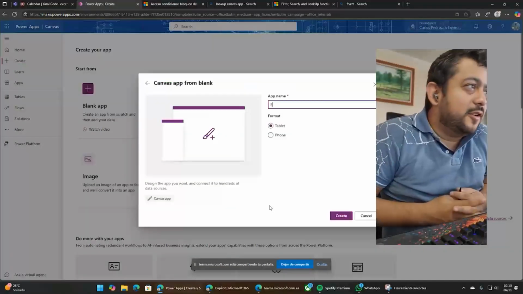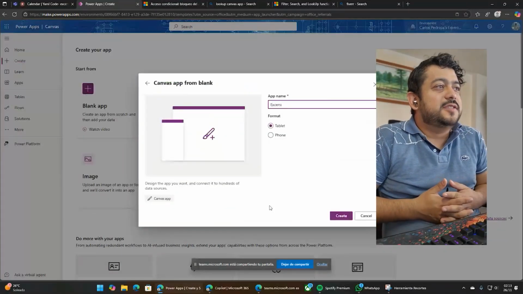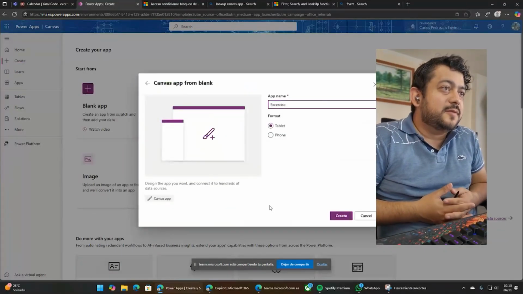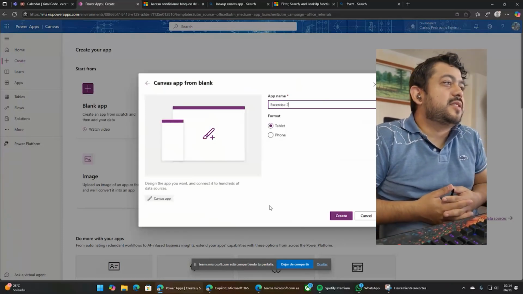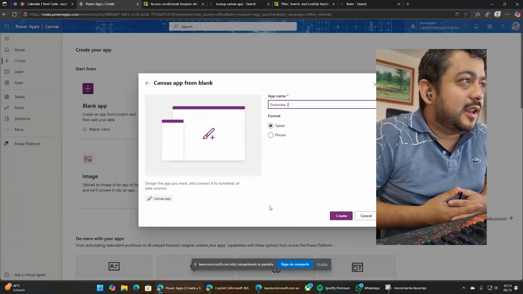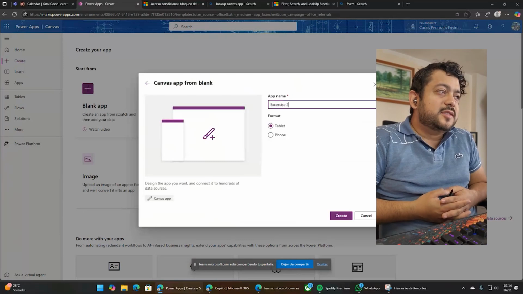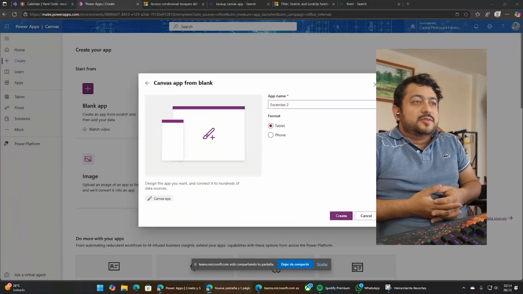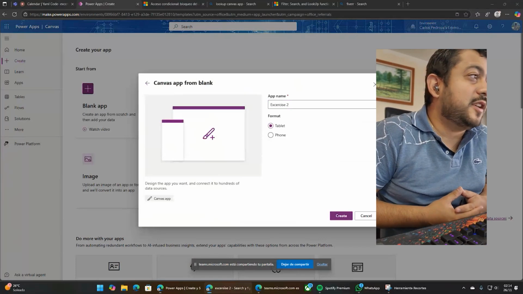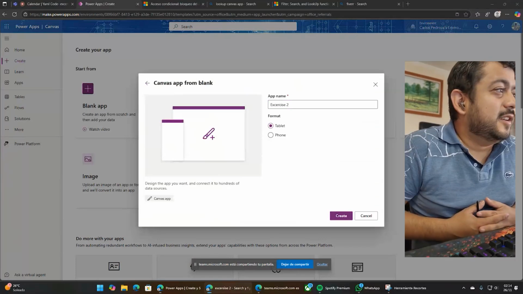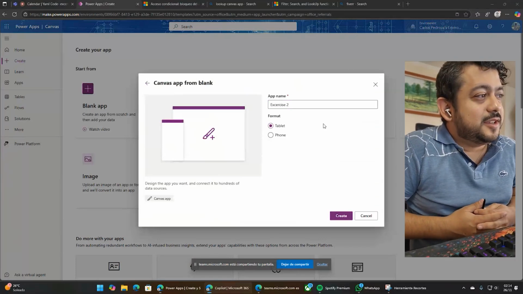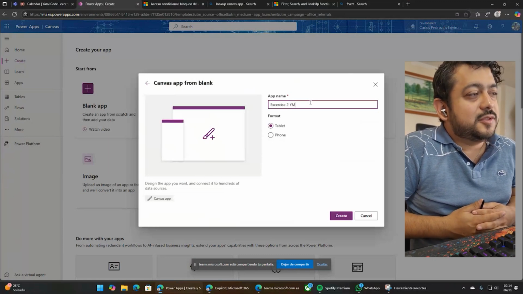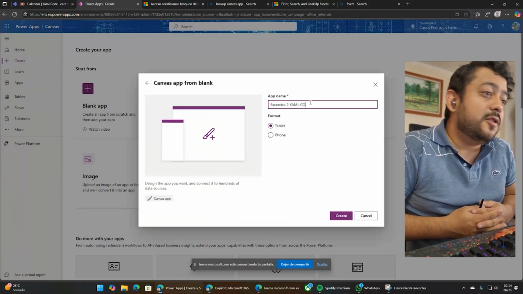Hi everyone, so today we're going to learn how to add and configure a control in Canvas app using Power Apps like the last video, but today we'll go through a step-by-step example to understand how to use controls effectively in your apps. So first we need to open the Power Apps Studio and create a new canvas or open